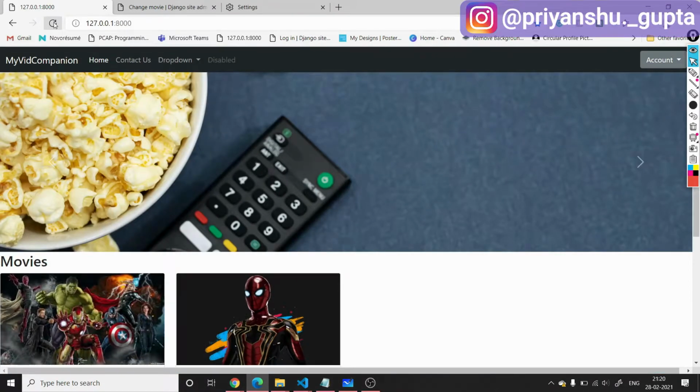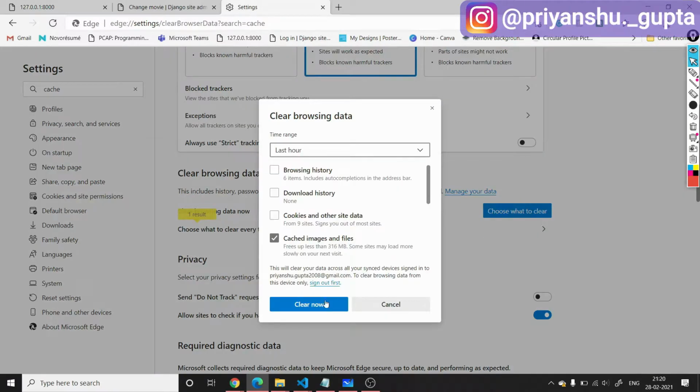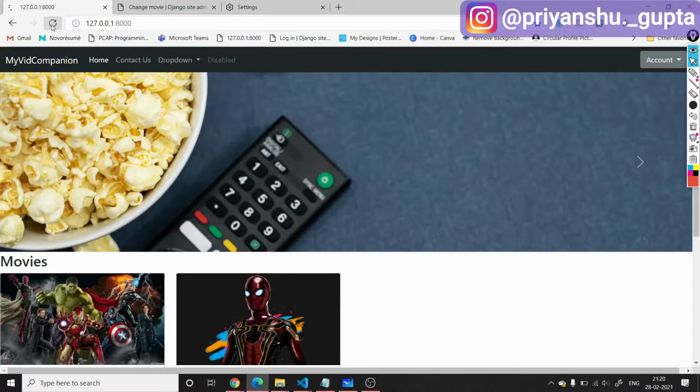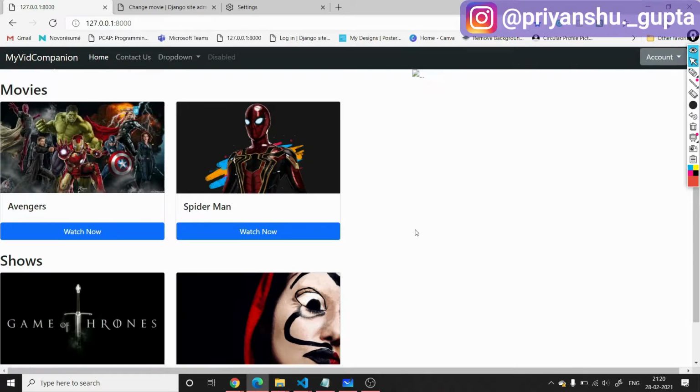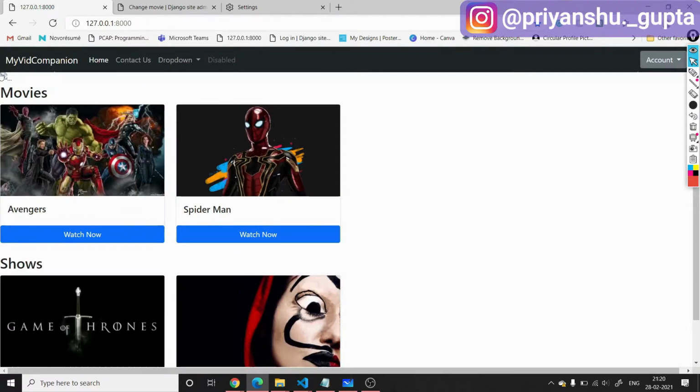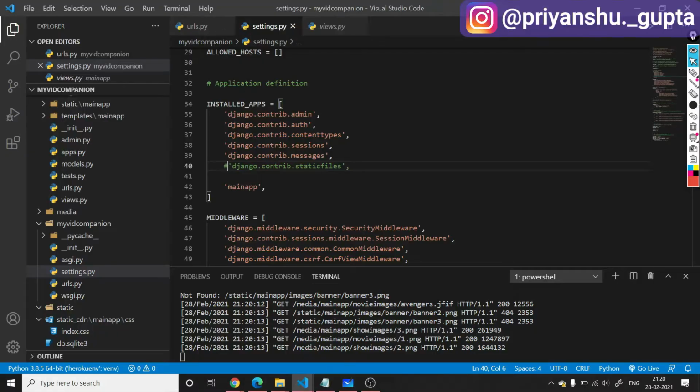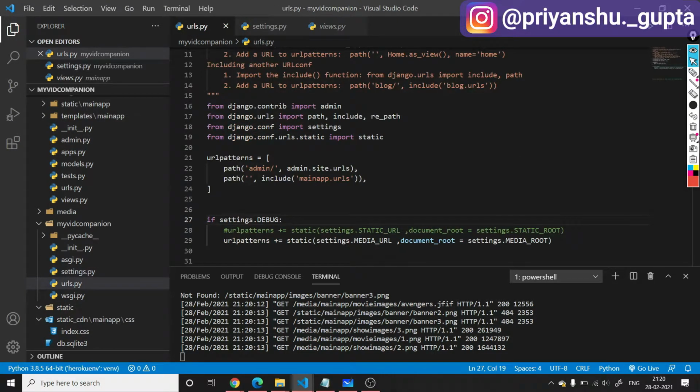and then I refresh this page, and clear now here and refresh this page, you can see that all our static files are being removed, like all the CSS and the banner images. Then it's necessary to add a URL pattern here on our own, because earlier when we were using the staticfiles app, this URL pattern was being added by that app. So now if I uncomment this